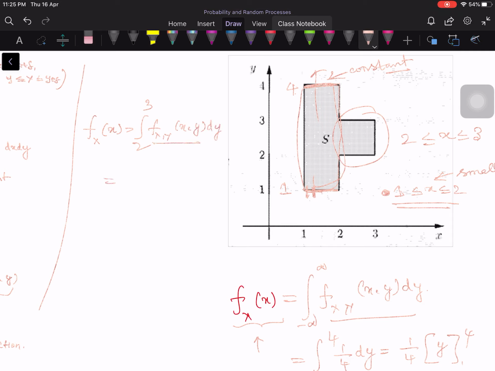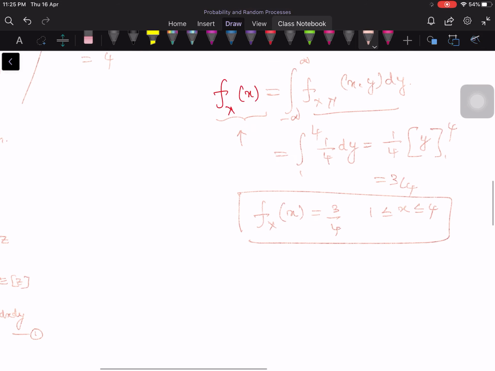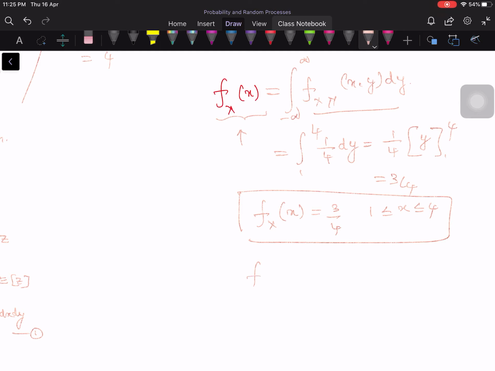This is anyway the constant 1/4. You substitute there, integral from 2 to 3 of 1/4 dy, which is 1/4 times y, with limits 2 to 3, which is 1/4. Therefore, fX(x) is equal to 1/4,